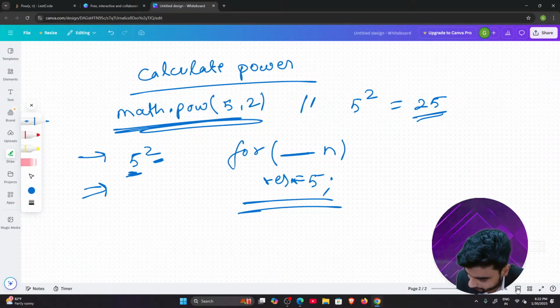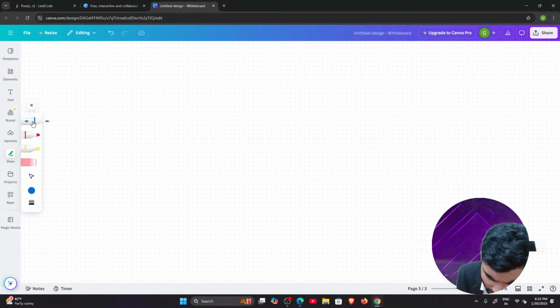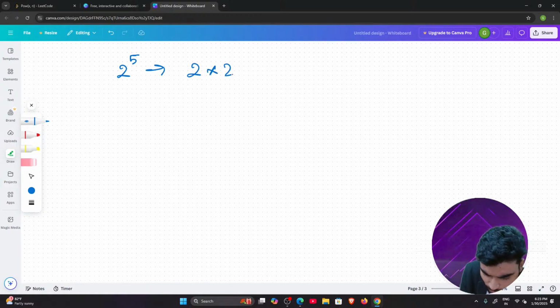There is one way, and a very nice way. Okay, I'll tell you. Think about a situation. Let's say we have 2 to the power 5. Can I write it as 2 multiplied by 2 to the power 4? Just listen to me very carefully. You'll understand. And trust me, the solution of this problem is really hard to understand for normal people, meaning beginners in DSA. Now, if I further want to calculate this, can I see a pattern here?